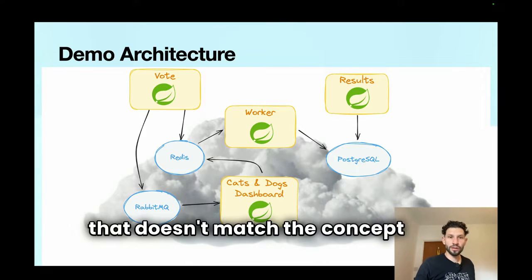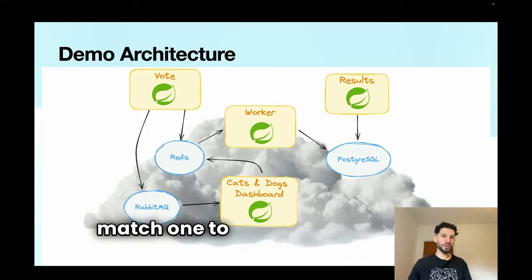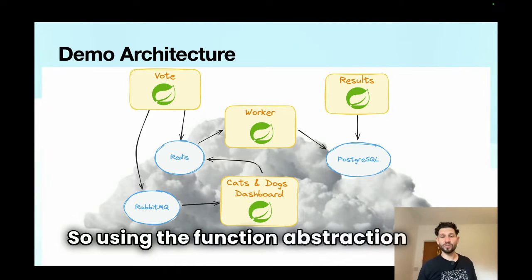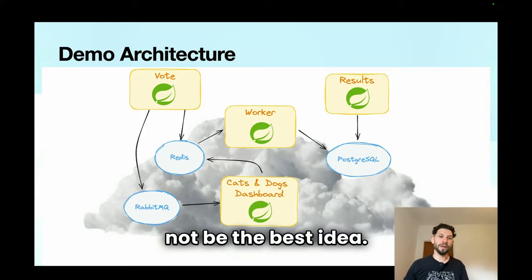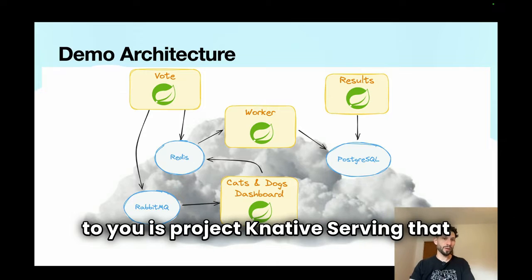That doesn't match the concept of a function. And then we have some UIs that again don't match one-to-one the concept of a function. So using the function abstraction might not be the best idea. But the first thing that I wanted to talk to you about is Project Knative Serving, that basically will allow you